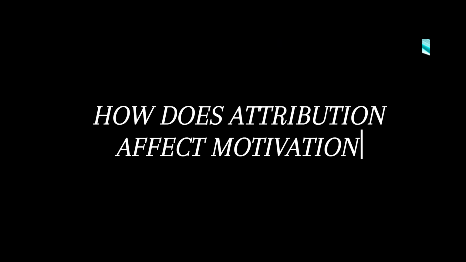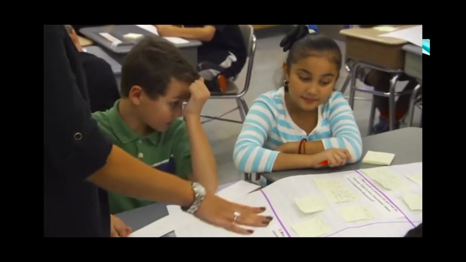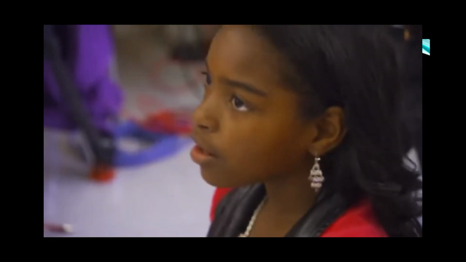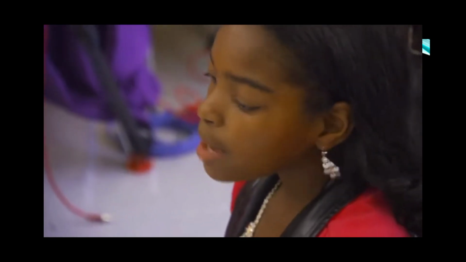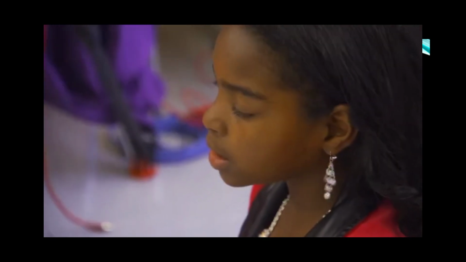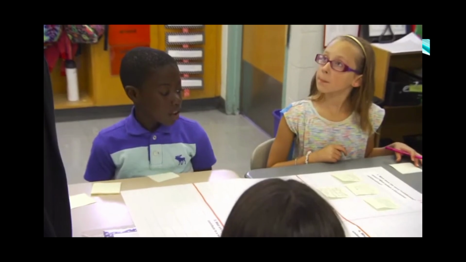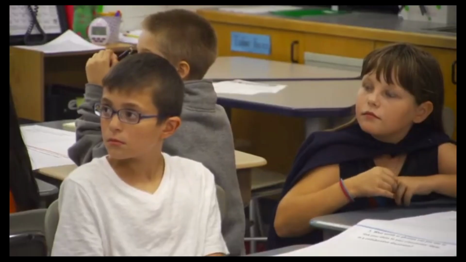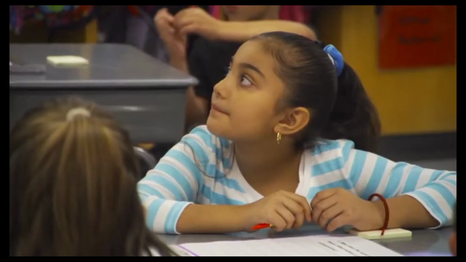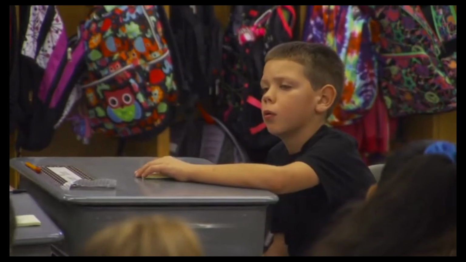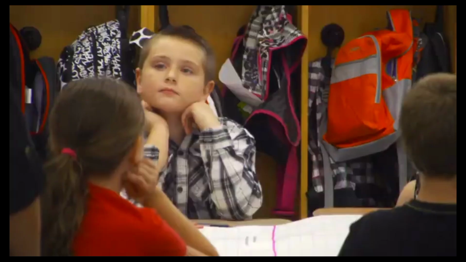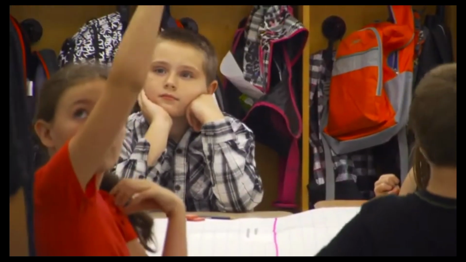So then, how does attribution affect motivation? Simply, motivation tends to increase when students attribute failure to lack of effort because they can still improve and increase their effort next time and it's under their control. Otherwise, motivation tends to decrease when students attribute failure to uncontrollable causes like luck or even ability, if viewed as stable. This is according to Weinstock in 2007.